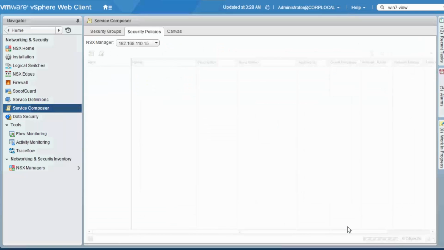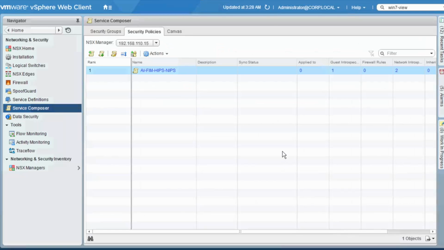So here we have our antivirus, file integrity monitoring, host IPS and network IPS policy, which has one guest introspection rule for monitoring activity on the VM and two network IPS rules to analyze traffic on port TCP 445. So the last thing pending is to assign this policy to the specific group of VMs we want to have analyzed. So we click on Assign Security Policy,